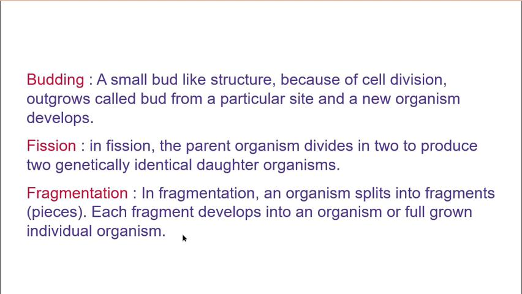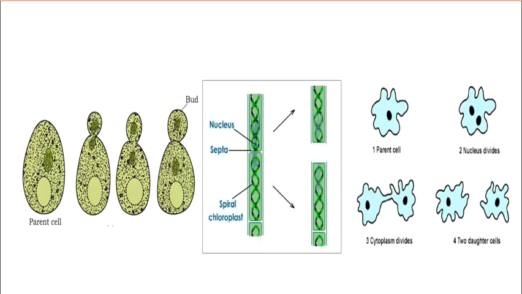Now, if you don't see them, how will you understand? So in the next slide, we are going to discuss how budding, fission and fragmentation look. Now, suppose this is a plant body. It will be dividing the internal organelles like this, and an outgrowth will come. In the second one, you can see that the whole thing is divided into two, and the bud is more prominent. And in the third one, there is a septa, or a demarcating line between the bud and the body, and finally it will be detached and grow into a new plant. So this is how budding happens.